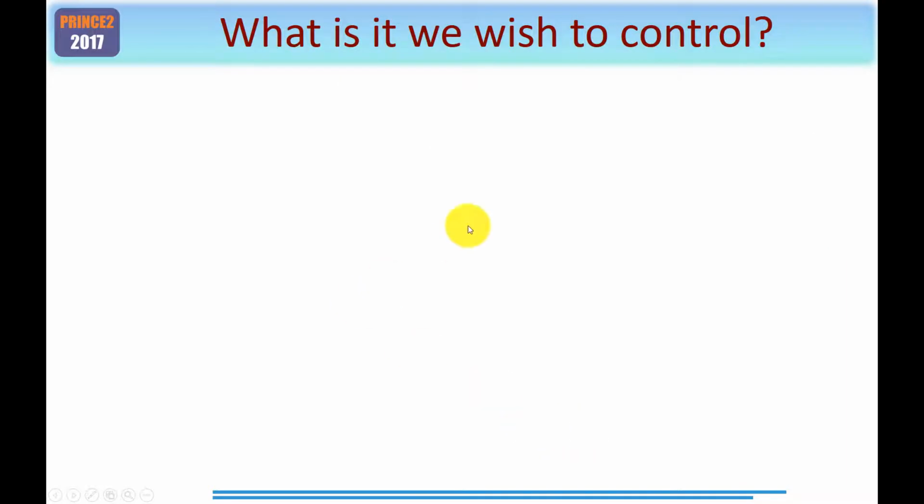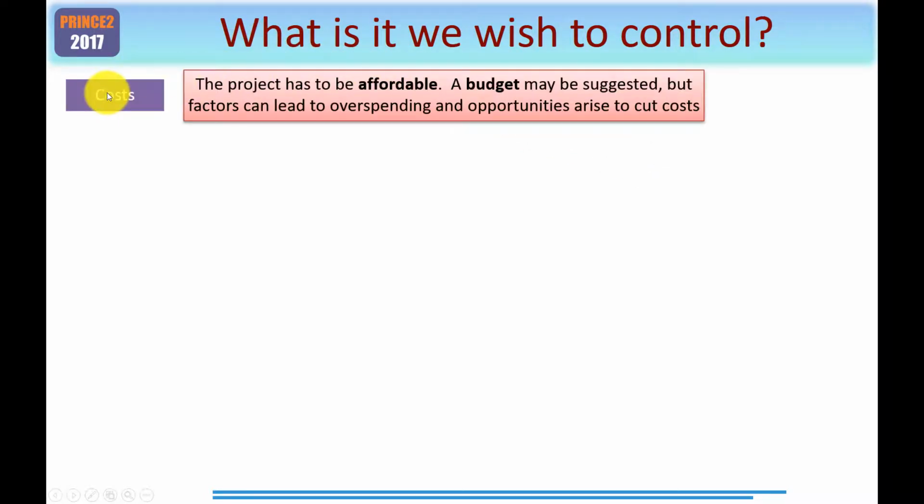So as a means of summarizing this, what is it that we actually wish to control? Well, costs. The project has to be affordable. Now, a budget may be suggested, but as you well know, between that point and the end of the project, there are many factors that can lead to overspending. And to take the positive spin on it, there are often opportunities that can arise in order to cut costs. For example, new technology emerging midway through the